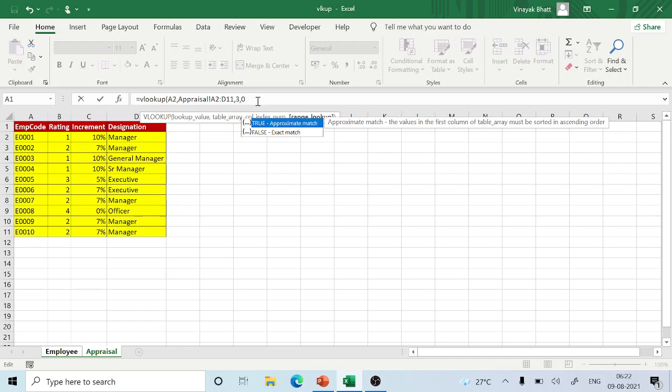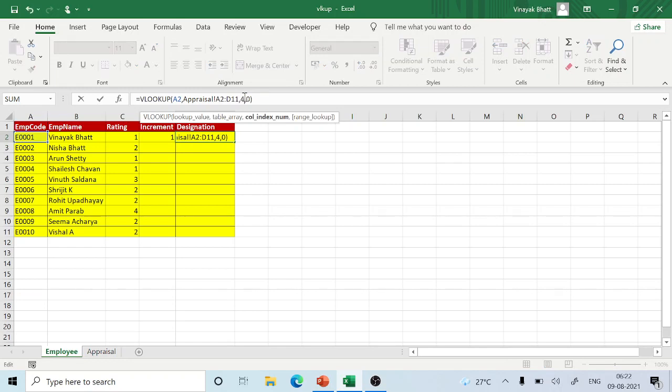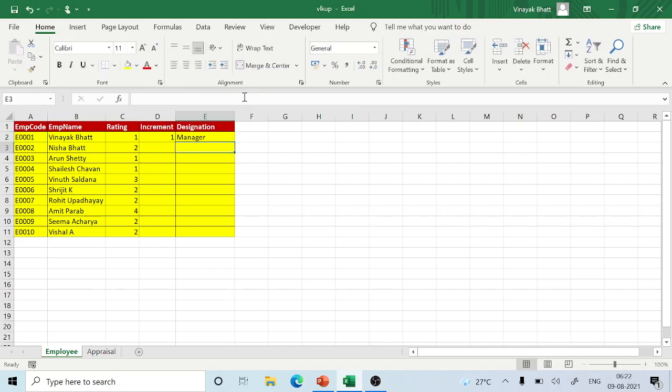This is always 0 because 0 is for exact match and 2 is for approximate match. I want the exact match of E0001, right? And simply enter. Here I want a designation, so I will put index number 4 and I will get the designation, that is manager. Vinayak Bhatt is the manager.